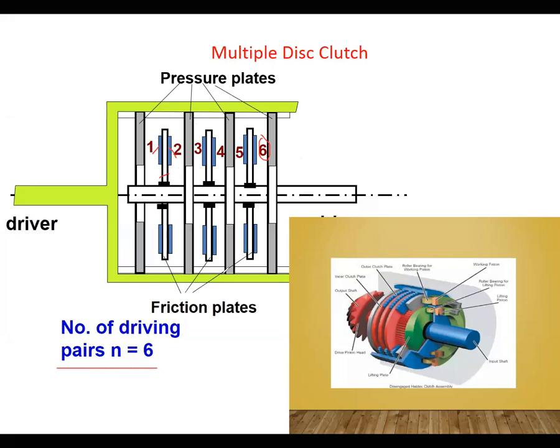Here also you can see plate 1, plate 2, plate 3 on both sides. This is the rubber, that means the frictional surfaces. This is the shaft where it is connecting. This is the way of increasing the number of plates, and this is the way of increasing the number of plates. This diagram helps you understand how the number of plates has been increasing over here.